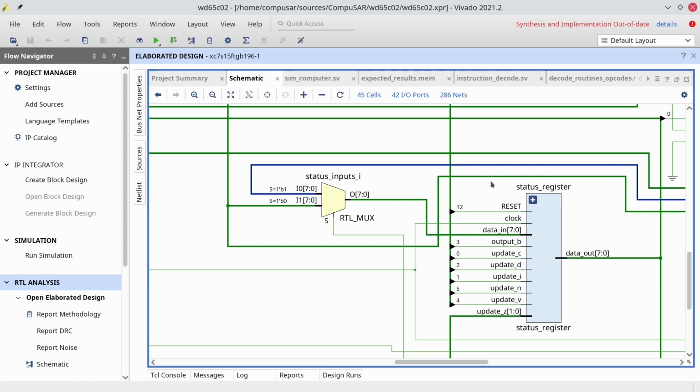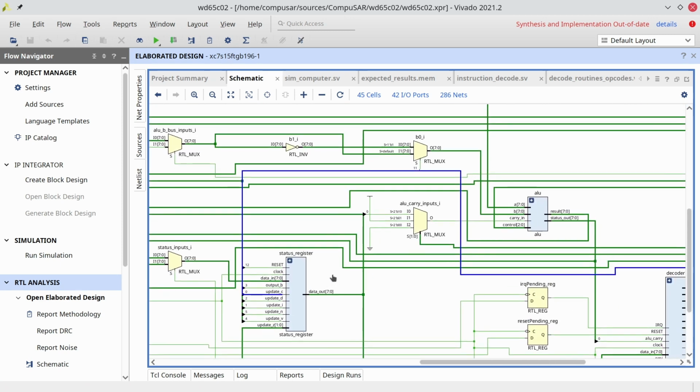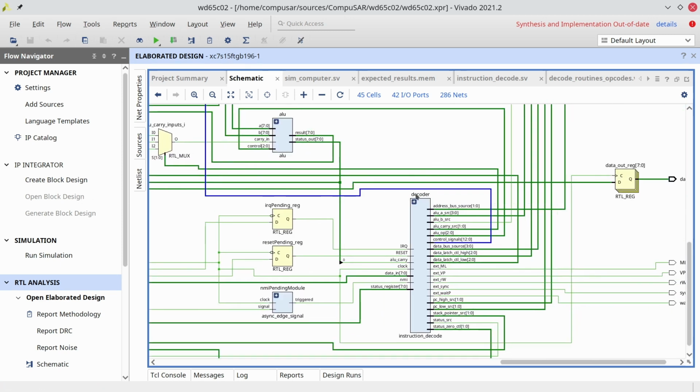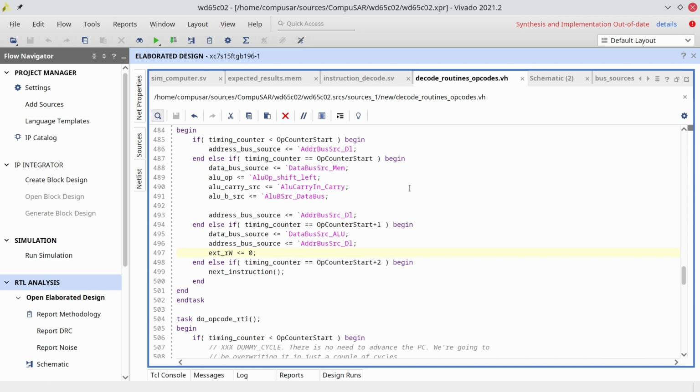First of all, we need the state to tell the status register to take the data in. It can go from either the data bus or from the ALU status. So we need to tell it to go from the ALU status. And we need to tell it to update the carry flag. And you will notice that update C obviously comes from the decoder. So going back to the instruction decoder, the ALU bus results are available at the end of this